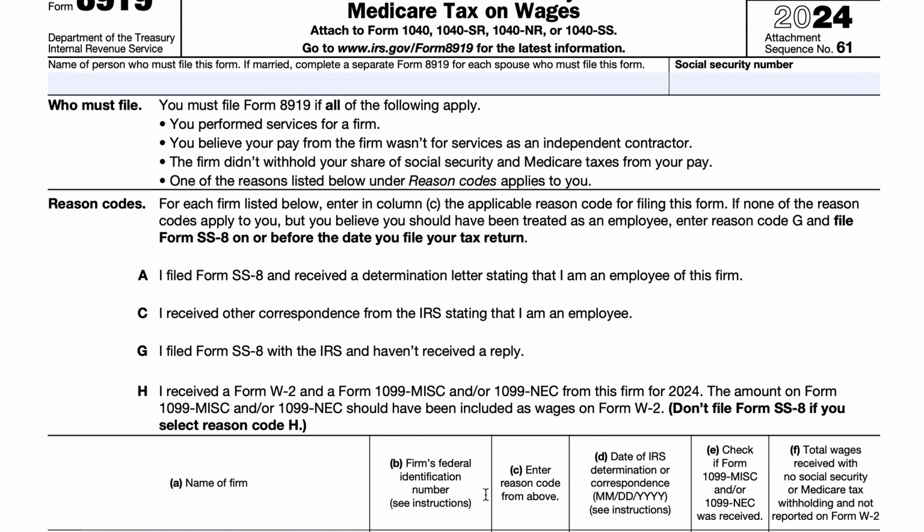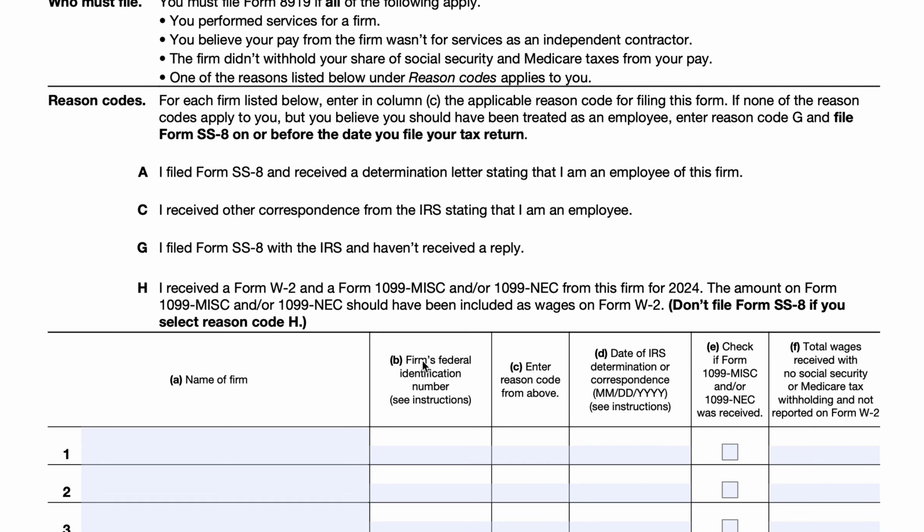So we're going to complete this as if we're John Doe, and we're telling the IRS that we're reporting uncollected Social Security and Medicare tax on wages. And if you don't file this form, then basically you're on the hook for that missing 7.65%. So that's the deal. If your W-2 shows that you only paid 7.65, well, if you received a W-2, this